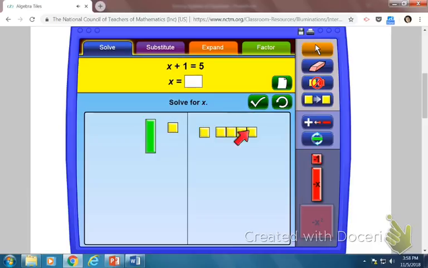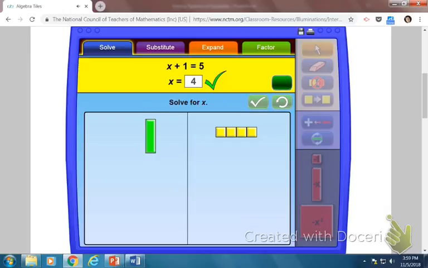So I just clicked check, and now I'll put in my 0 pairs. I'm going to click to cancel those out. So we're just going to click the 0 pairs, see what I'm left with, and I'm left with x equal to 4. So I'm ready to type in 4. So you go up to the top, type 4, click check, see if we're right,